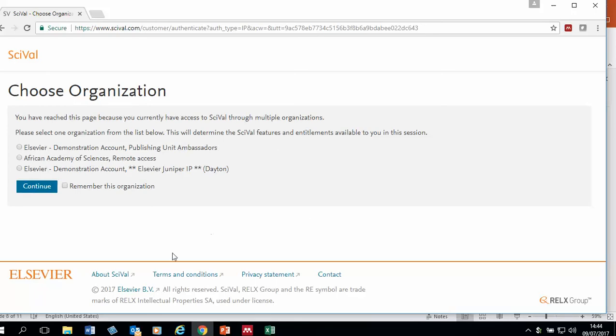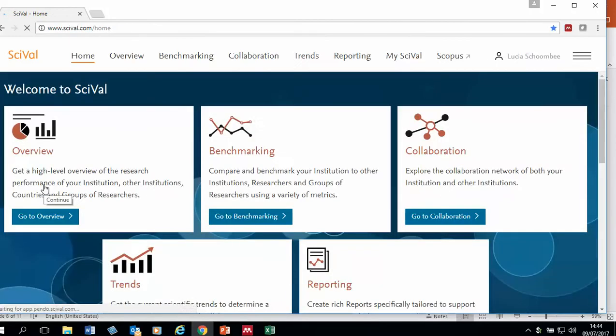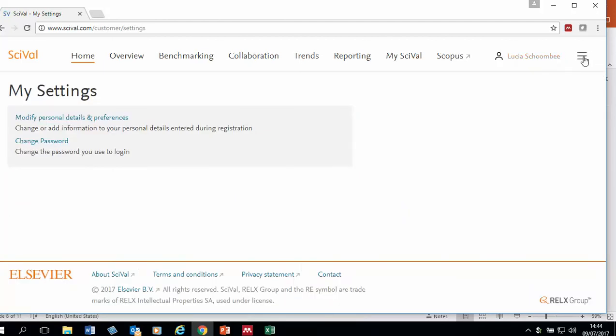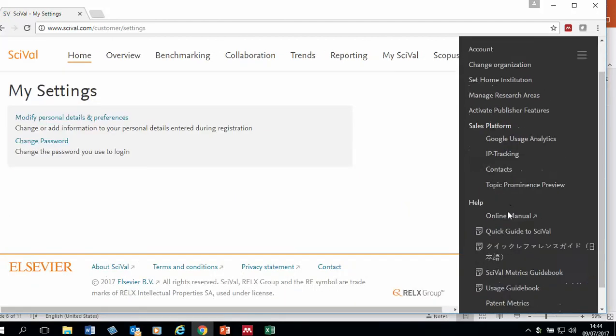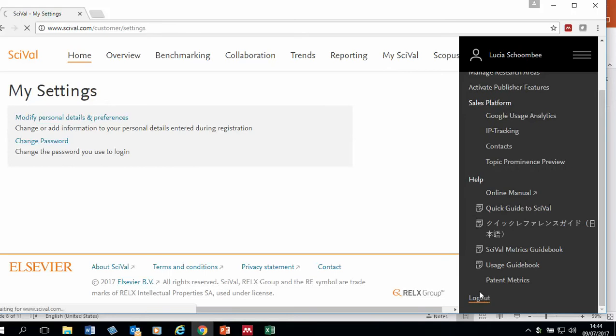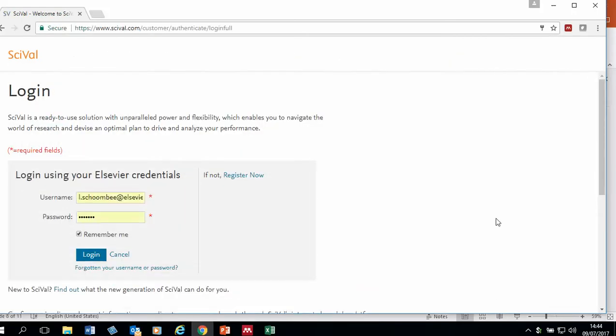So on this page, you won't have as many options as I do, but you click the one that is available to you and click continue. And ordinarily it would ask you to log into the system. So I'm just going to log out. Usually when you type in the address